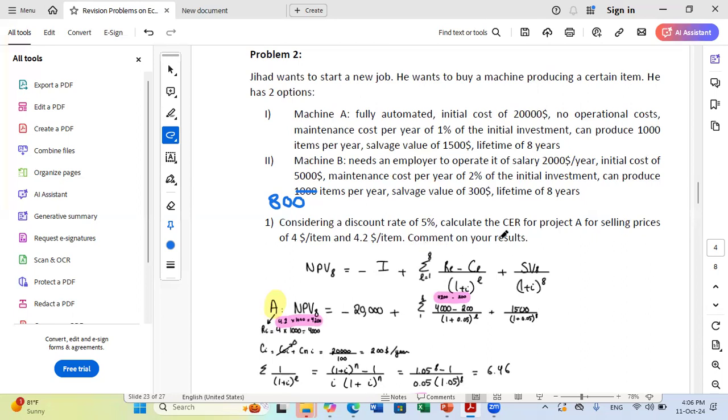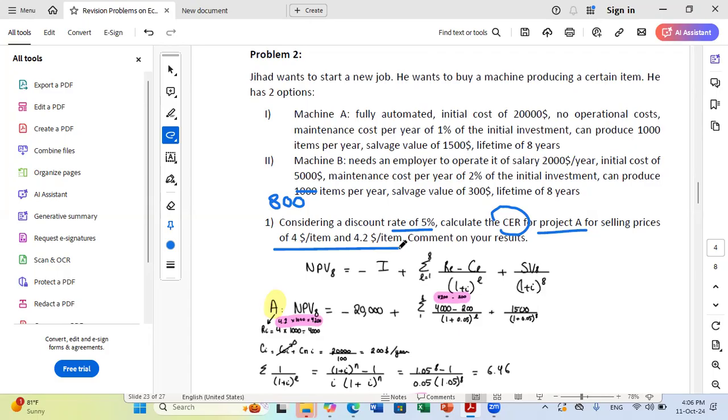first, they told us to consider project A. We want to calculate for a discount rate of 5% the value of the CER for different selling prices. We have already discussed together in class that whenever we perform an economic analysis, we can consider a parametric study. You know, we can vary